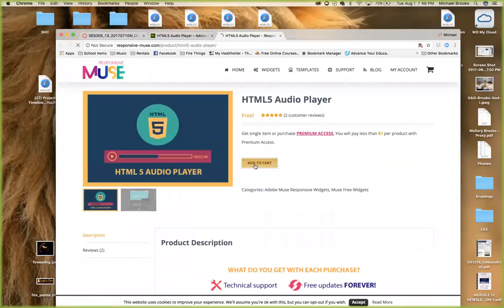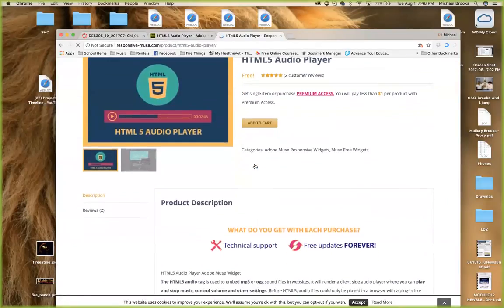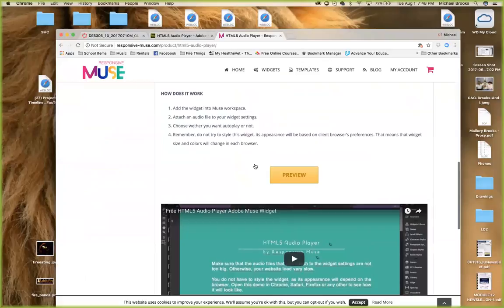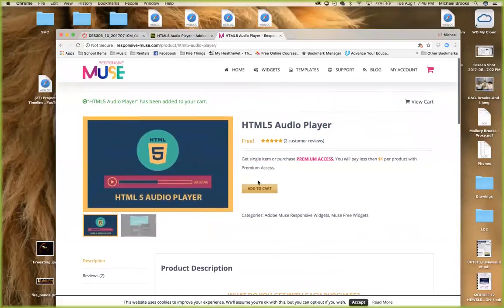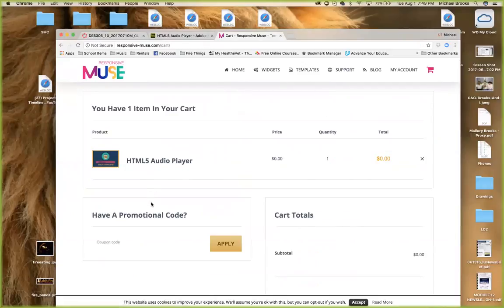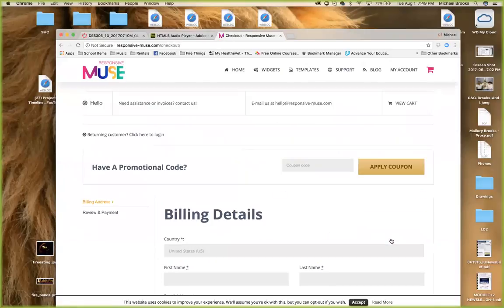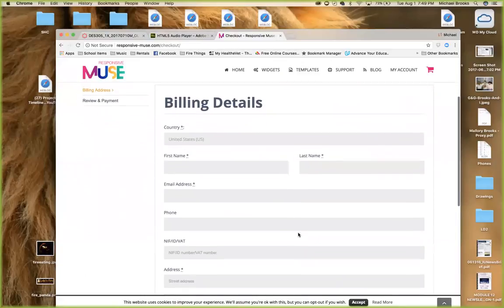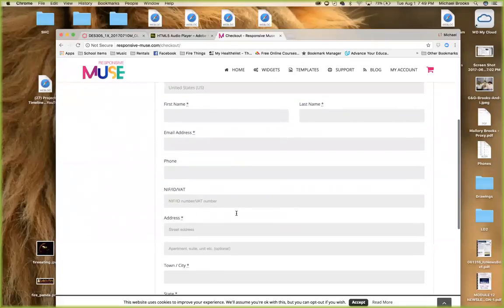Okay, add to cart. That's the preview. View cart. It's right there. And proceed to checkout. Mm-hmm. This is what you did, right? Yeah. Okay, the billing we don't need to worry about because it's free, but